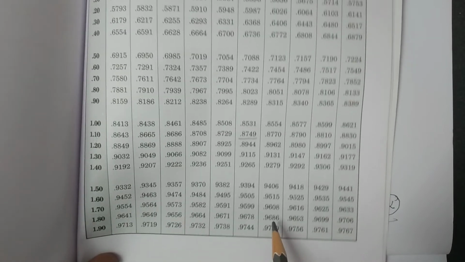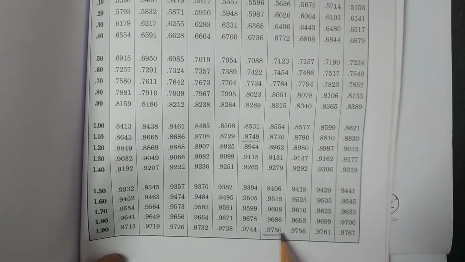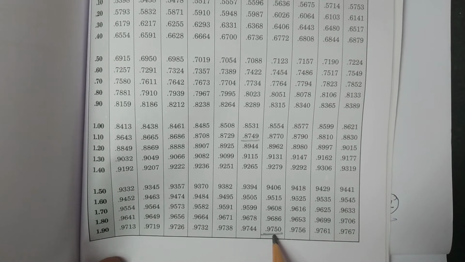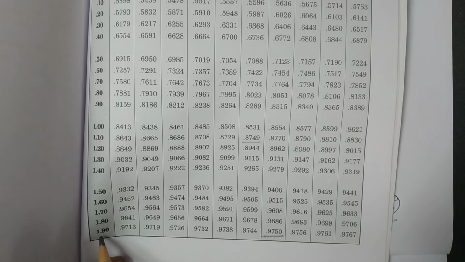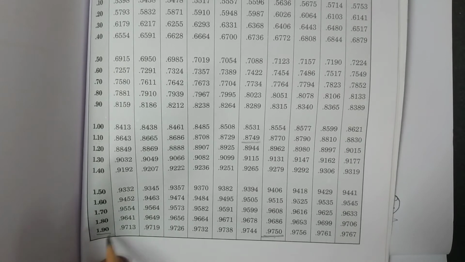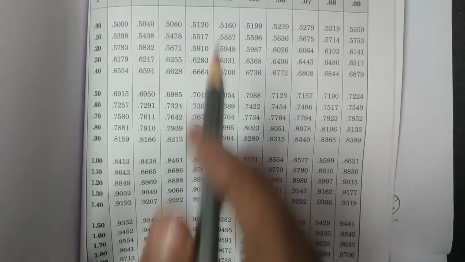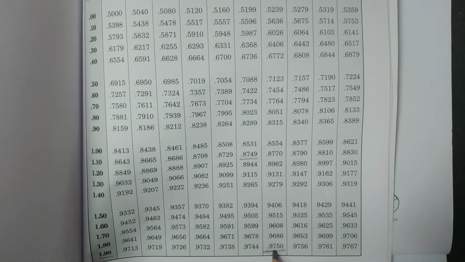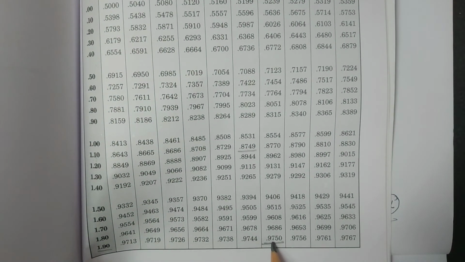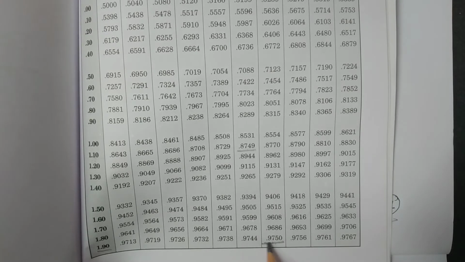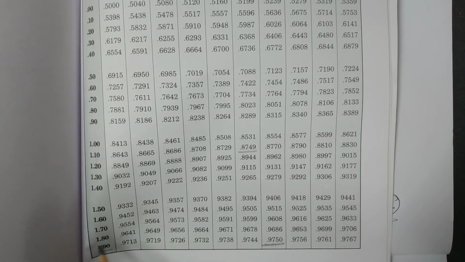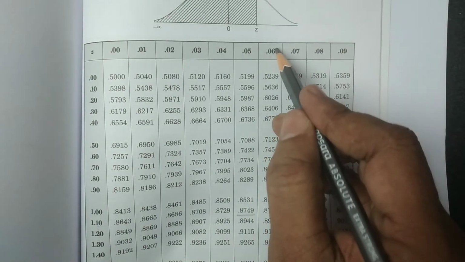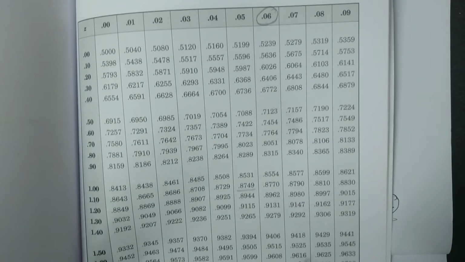If you observe here, it is at the end. You see here, this is 0.975. Are you able to see the value? This is 0.975. Now corresponding to it, what is the value of Z? 1.9 and 0.06. So therefore, the Z alpha value is 1.96 corresponding to 0.975 probability. Z alpha value is 1.96. Have you understood clearly?